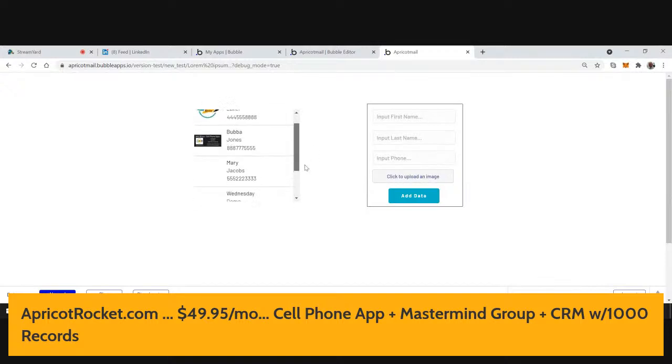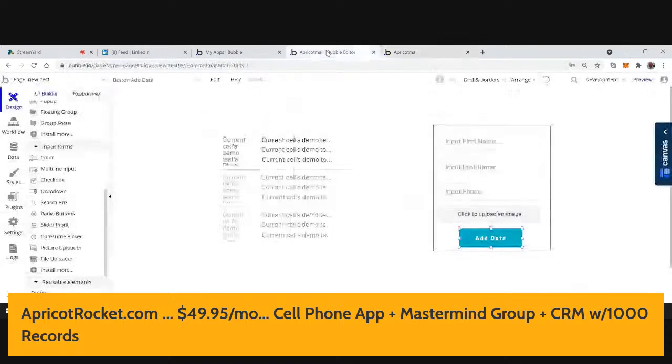Okay, so how do we go back and fix these records here? Okay, well, we need to be able to have an edit data form. So how do we enable an edit data form? Well, there's more than one way to skin the cat. So what I'm going to do is put a little icon over here on the right-hand side that looks like a pencil so that you can edit. And then you can edit this field, and then we'll toss the data into another form, and we'll then use that edit field form to edit the data.